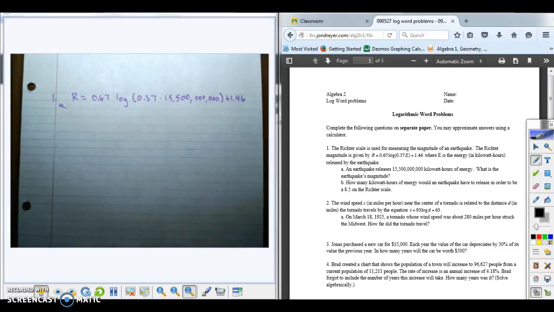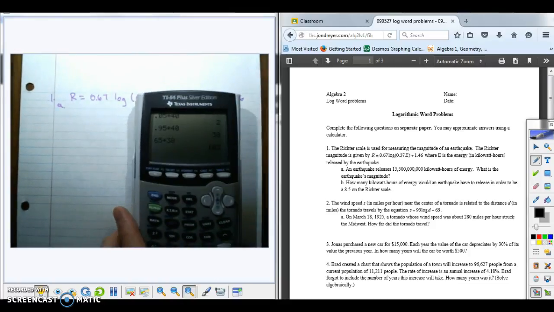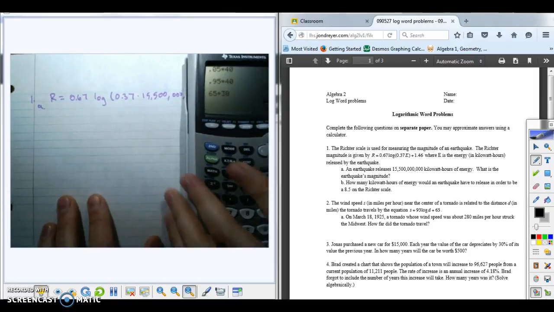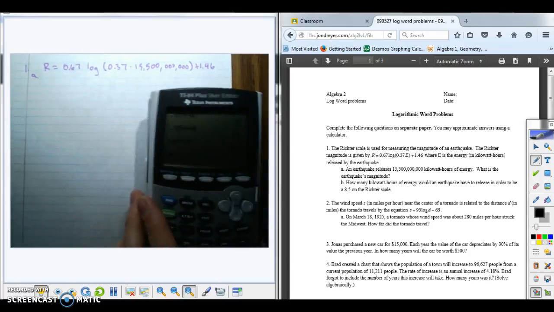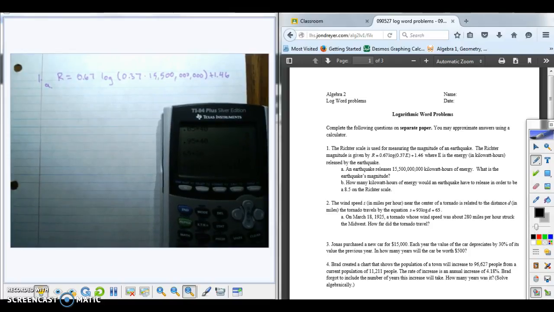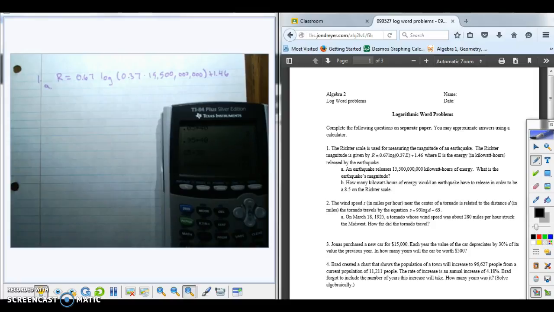So we have all that stuff. What's the earthquake's magnitude? Now all you do is just plug that into your graphing calculator or calculator that you have, as long as it's got logs in it. Okay, I can't really do all this at one time and see the numbers, so I've got to move it over here and then I'll move my calculator back once we're done. So I'm going to type in 0.67 log and 0.37 times 15,500, close my parentheses, plus 1.46. And if I hit enter,